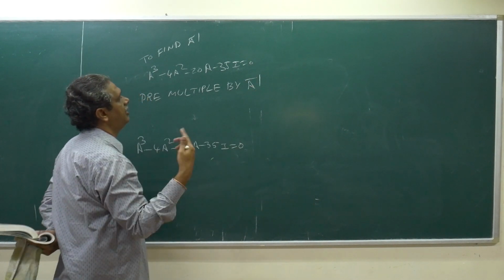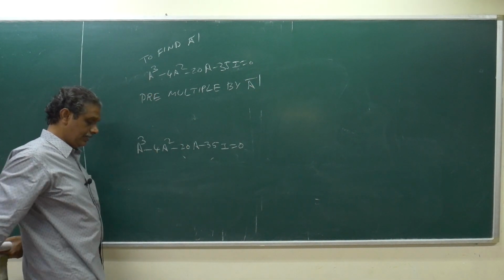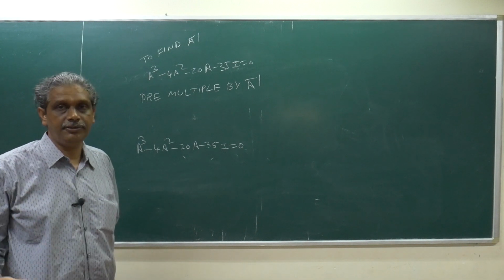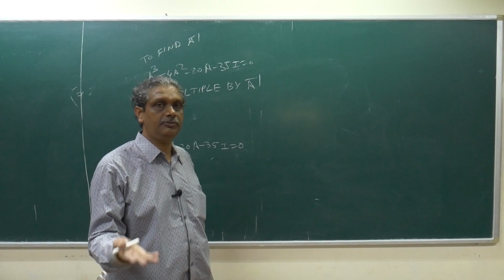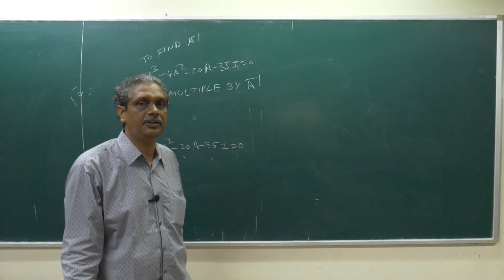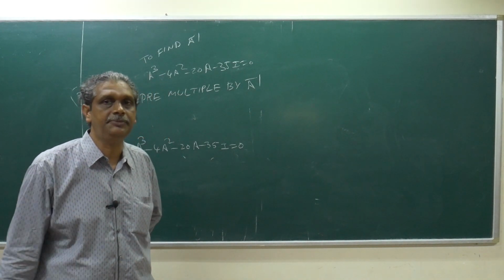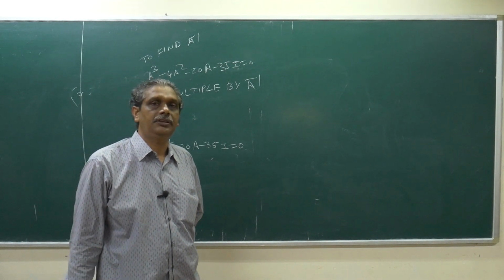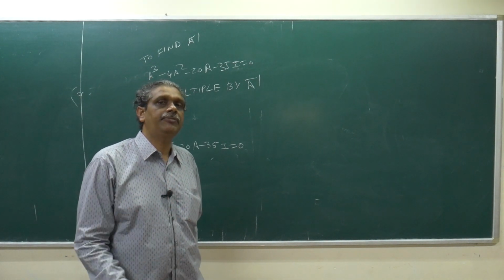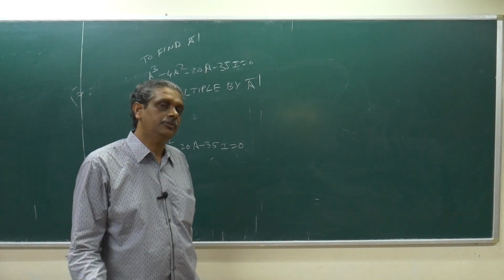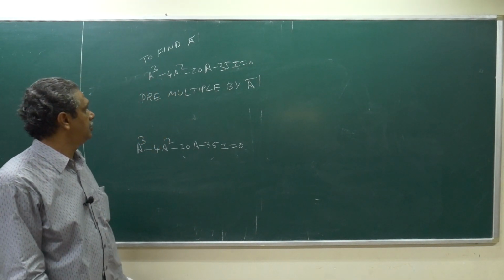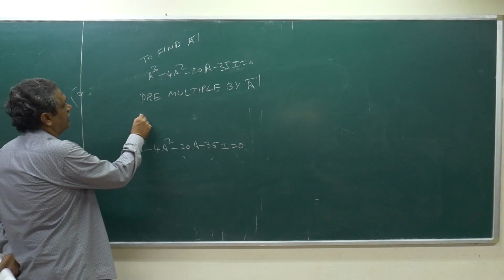Suppose if they ask A power 4 means what? Pre-multiply by A. Actually pre-graduation means what? That is before degree. Post-graduation means what? After degree. So suppose if you are in degree level, you are qualified only pre-graduation. Once if you go MS or MTech, you can say post-graduation. So pre-multiply by A inverse means what I will get?